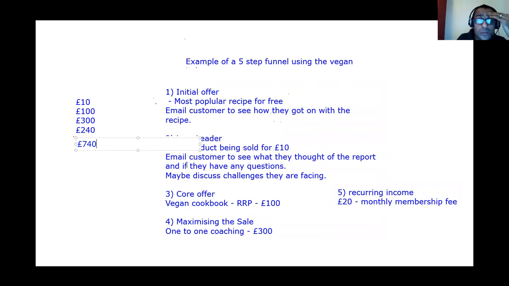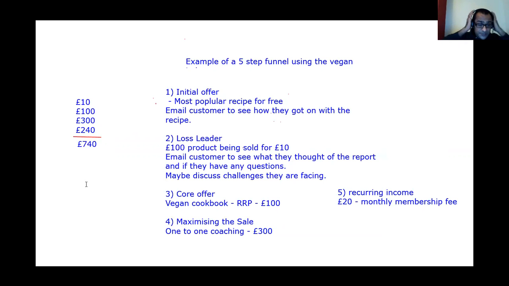So someone that you could have just stopped with, who would have bought your vegan cookbook and that's all you would have had, by nurturing that customer, by giving them the initial free offer, so they're getting to know you, they're getting to understand you, moving on to the loss leaders, so they're getting used to transacting business with you, you could actually open that customer up to a far larger profit level